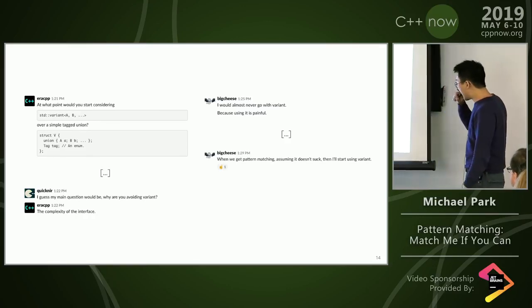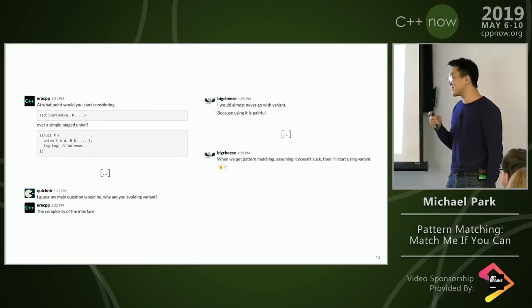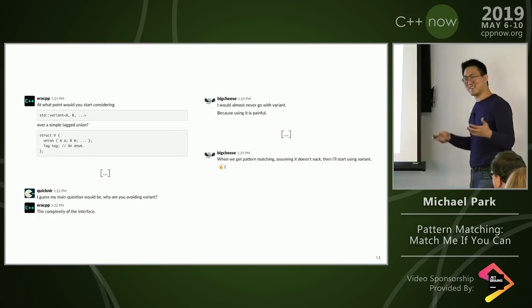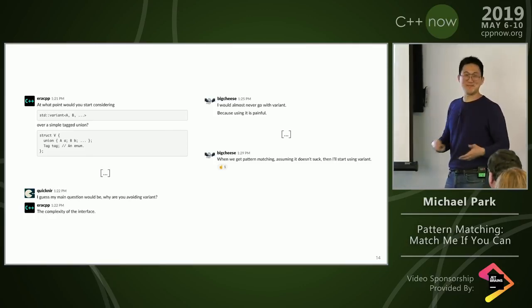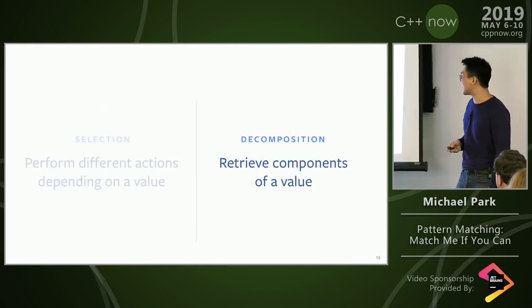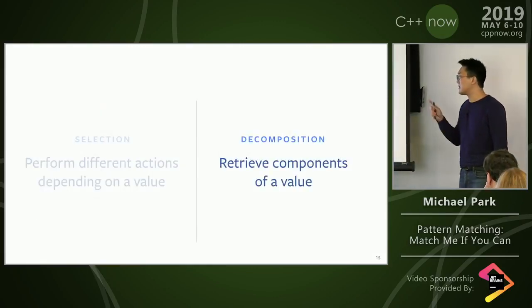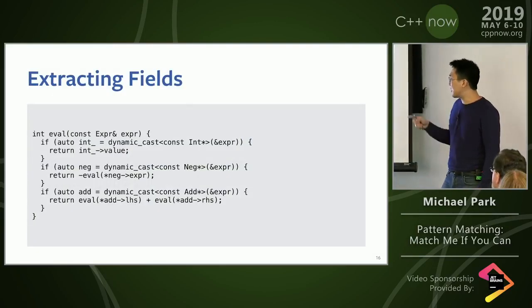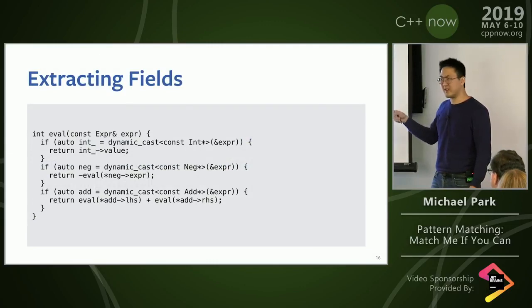Well, Michael says, when we get pattern matching, assuming it doesn't suck, then I'll start using variant. Okay, so again, questions and feedback so that we can make it not suck and we can make variant more useful. So the other half of this is decomposition, and also about this is that if you go back to the example of selection with this naive approach,